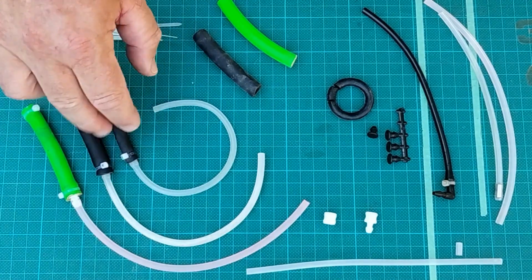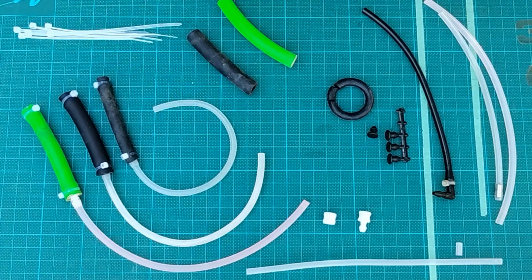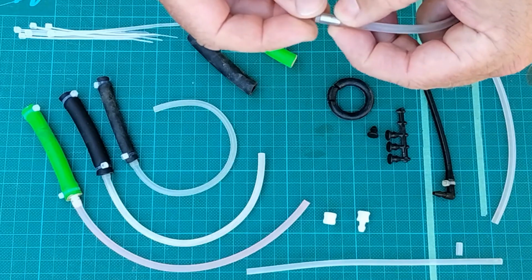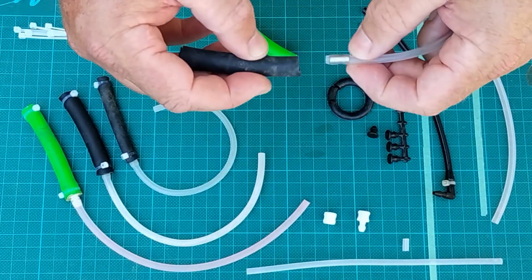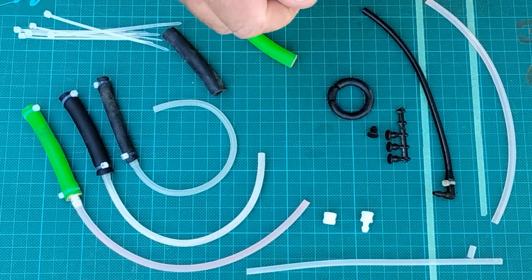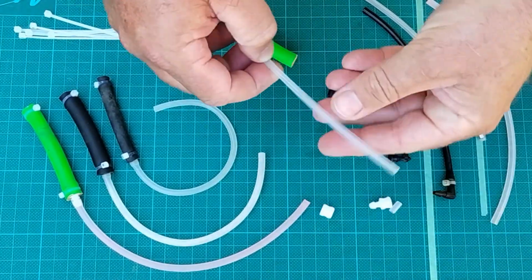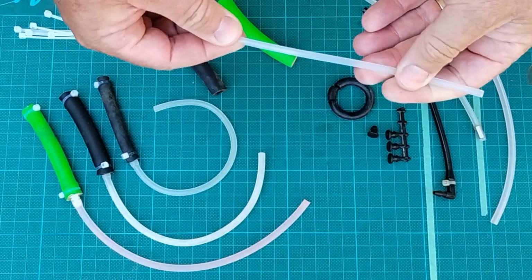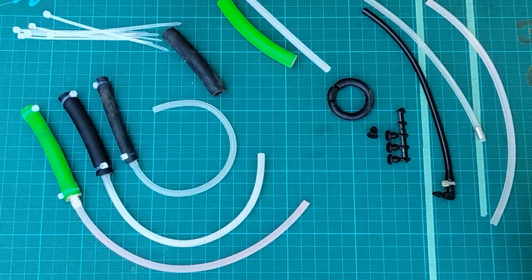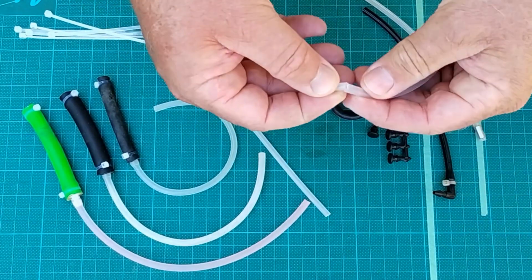These two here with the smaller diameter internal hole allow for a different method, which is my preferred method, which is to put a small tube inside the silicone to swell the silicone tube up so that it's a nice clean fit inside there. So this one is stainless steel crimp. It works quite well. What I've started doing now is using plastic tube, which is in fact the plastic tube from inside a bathroom cleaner spray bottle, and it's a sufficiently hard and resilient plastic that you can just cut off a 10 millimeter length of that, squeeze it into the fuel tube,